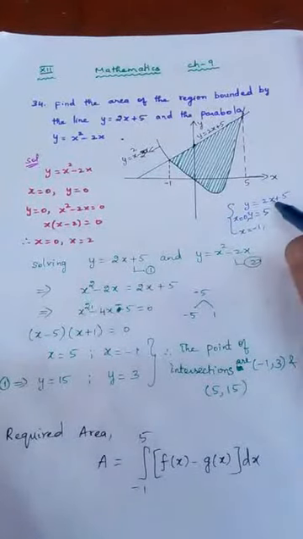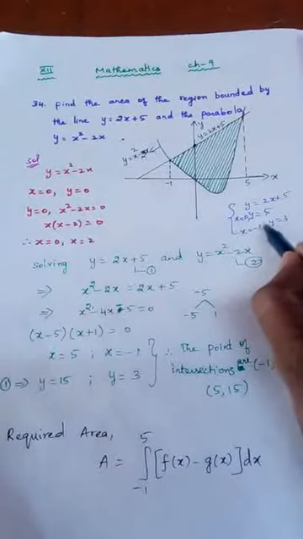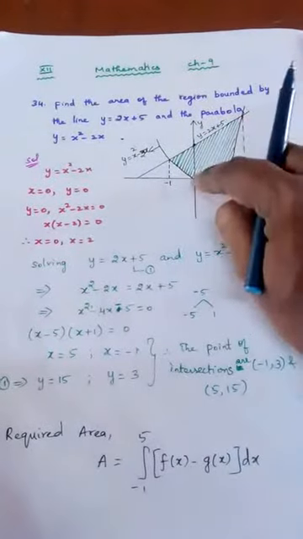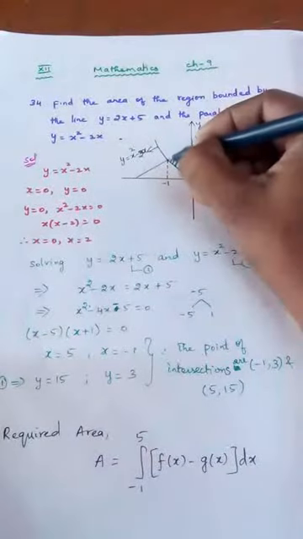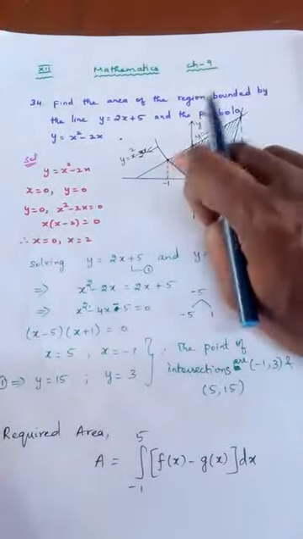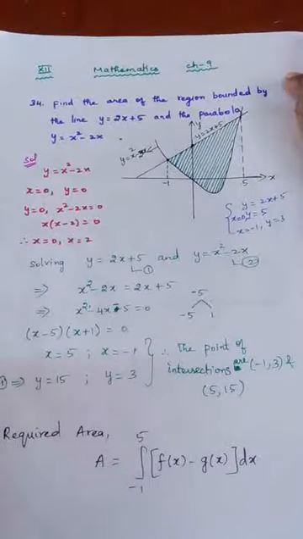If I put x equal to minus 1 here, 2 into minus 1 is minus 2, plus 5 gives 3. So y is equal to 3. So minus 1 comma 3: x value minus 1 will be here, y value 3 will be here. So this is the second point. If we know 2 points of a straight line, we can draw the straight line. Could you able to understand?